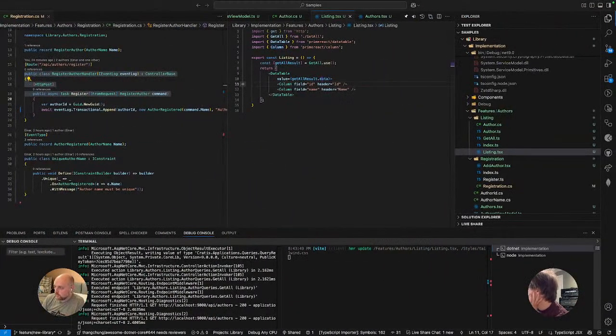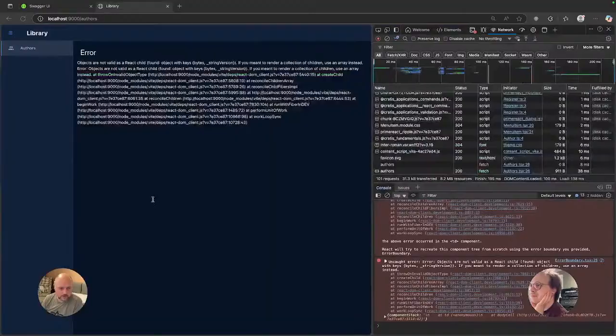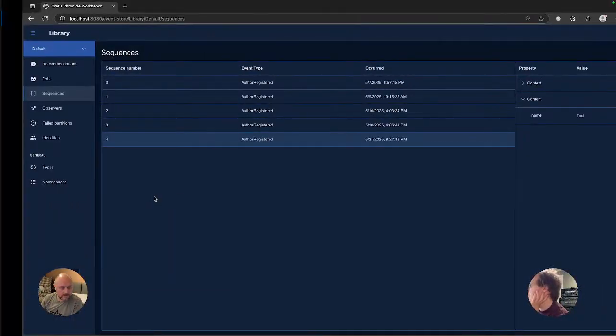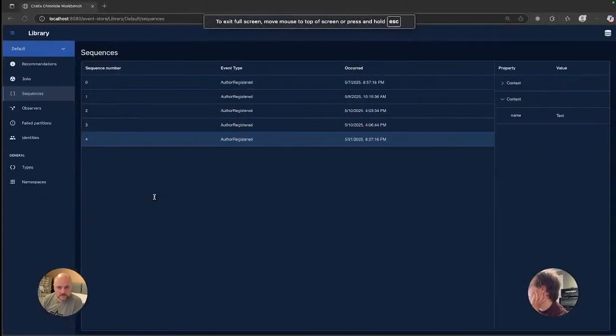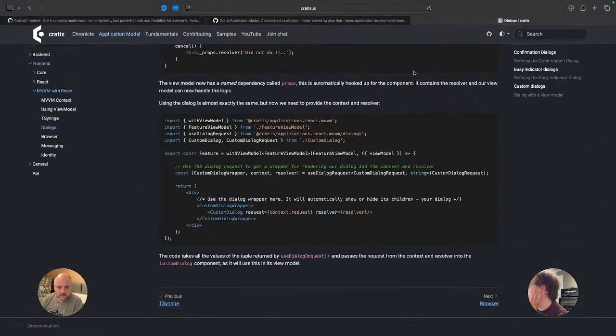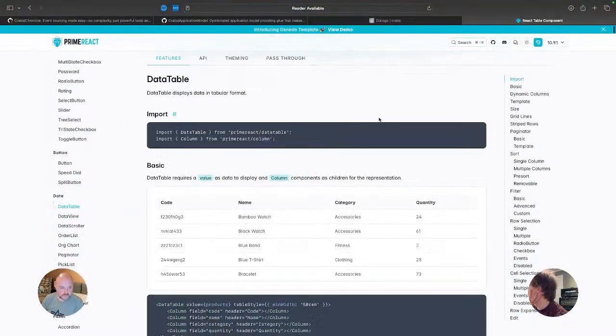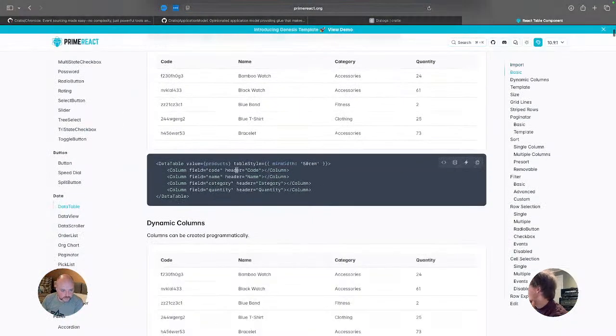So we probably need something that represents the key for this, right? So if we look at, well, the right place, which would be all the way over here. We go to Prime React and we look at the data table and we'll look at, yeah,